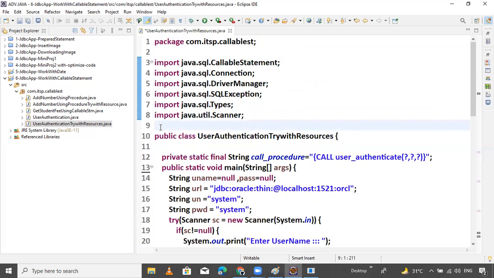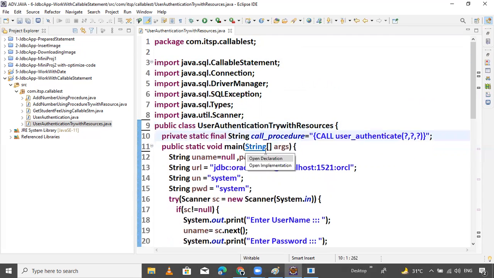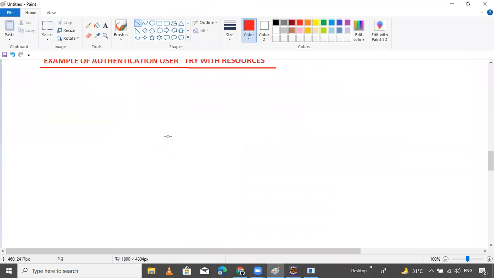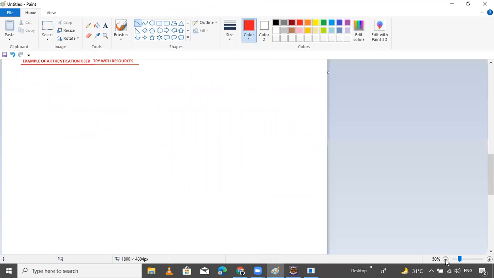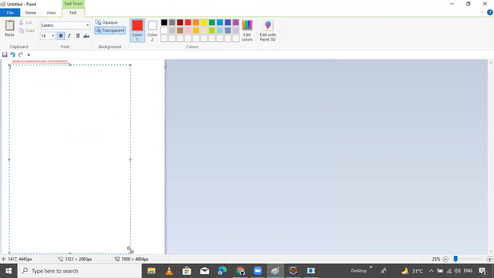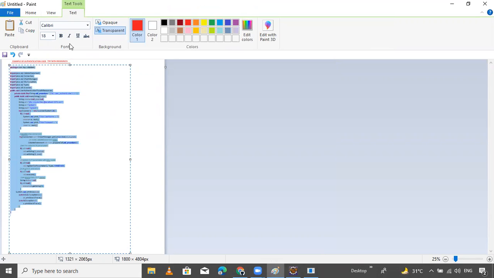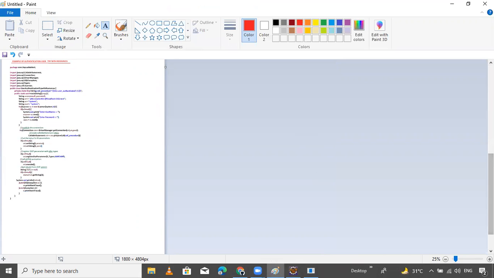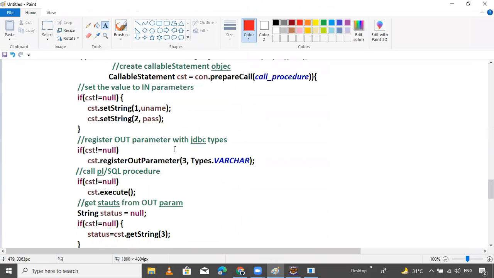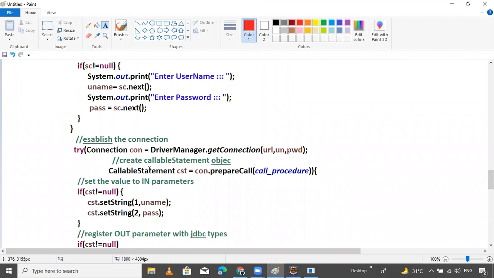That's it. Now I am sharing this example. Control A, C. Paste with Control V and Control A and bold it. That's it. Now, this is the try with resources, only up to this. I'm highlighting one more.